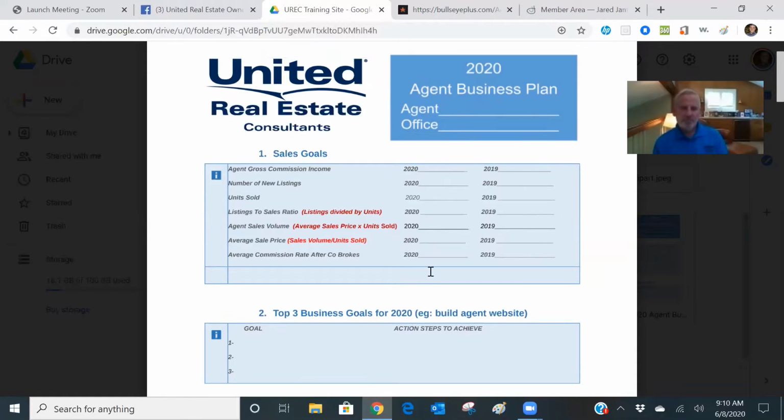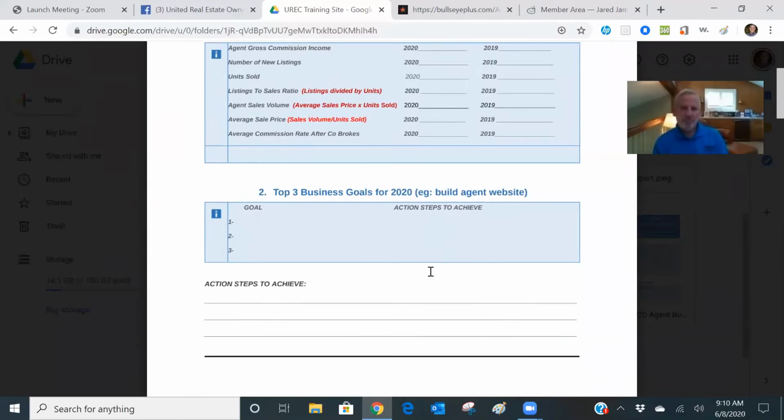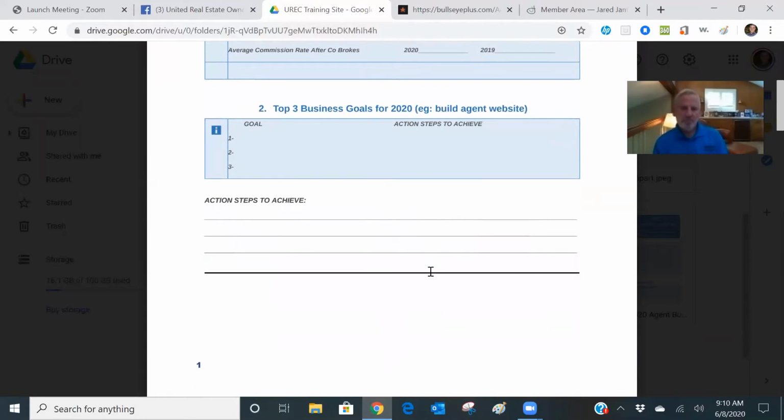And then down further, you're going to have your top 3 business goals for 2020. So what are some goals that would attach to those numbers, and what's going to move the needle, if you will? What's going to be your highest dollar value activities? And these are the goals you want to set. So top 3 business goals for 2020. Example here was build agent website. So if you don't have a website,